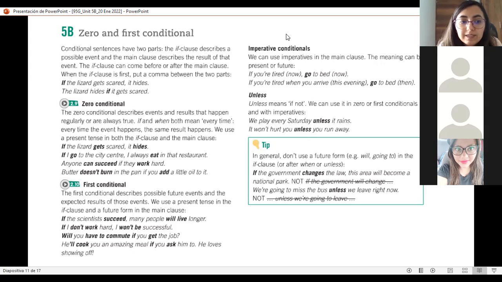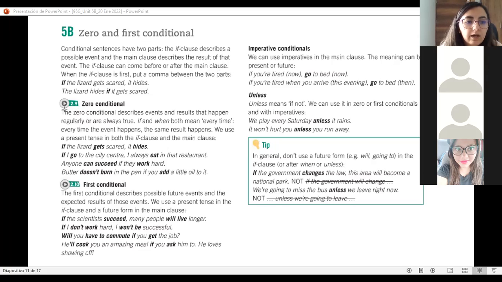Cuando ocupamos el zero conditional, ¿sí? El zero conditional, como ustedes me acabaron de decir, lo vamos a utilizar para eventos o resultados o condiciones que siempre son verdaderas. Es decir, que no pueden modificarse, ¿sí?